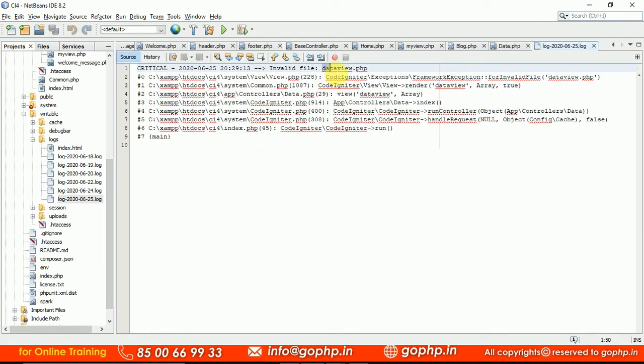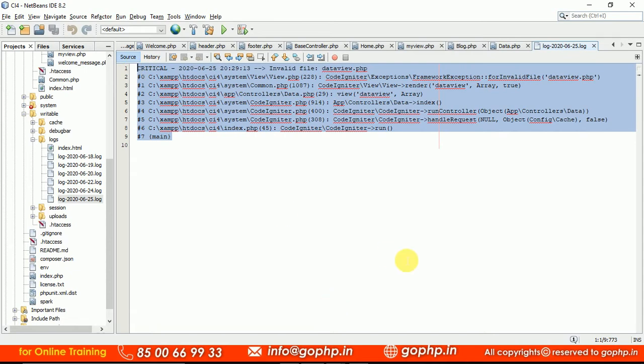Yeah, data view.php is an invalid file. Can you see? This is an invalid file. The errors are going to be available in the logs file. When I'm practicing, I'm having some errors based on the date. That is the writable folder. We know the advantage of the writable folder: all the caches, all the logs, all the sessions, all the file uploads are going to be available in the writable folder, right? In the same manner, this is the error, invalid file data view. If you don't understand the error, go to the logs file, open the file for the current date, double click and see the error message related to the particular thing, guys.